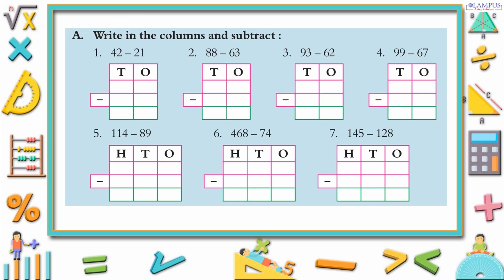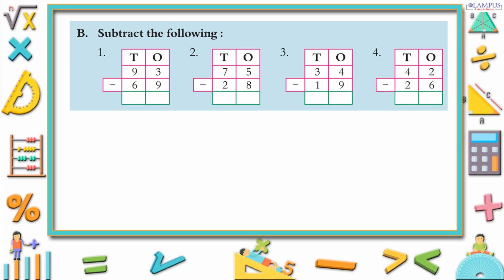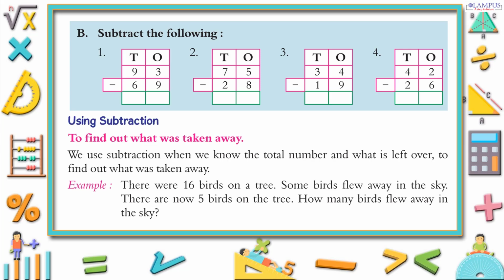A. Write in the columns and subtract. B. Subtract the following. Using subtraction to find out what was taken away: we use subtraction when we know the total number and what is left over, to find out what was taken